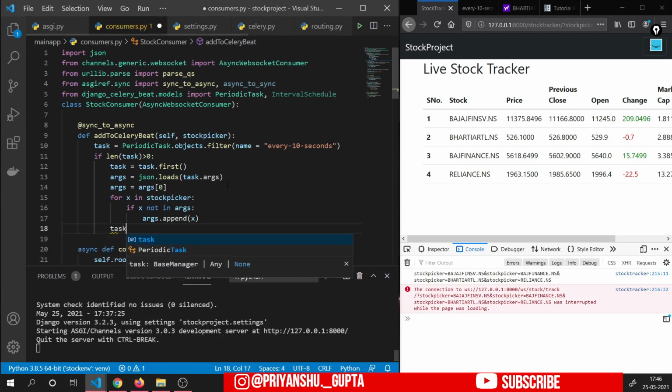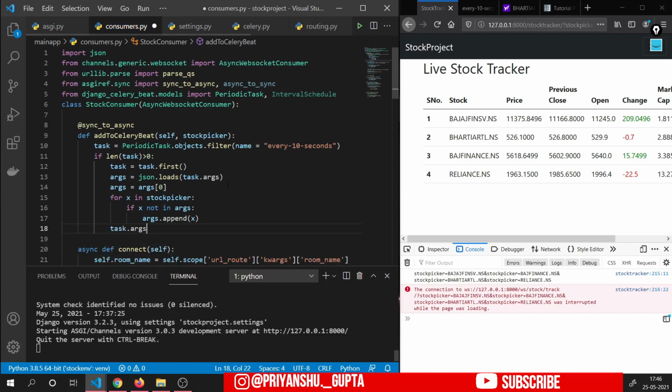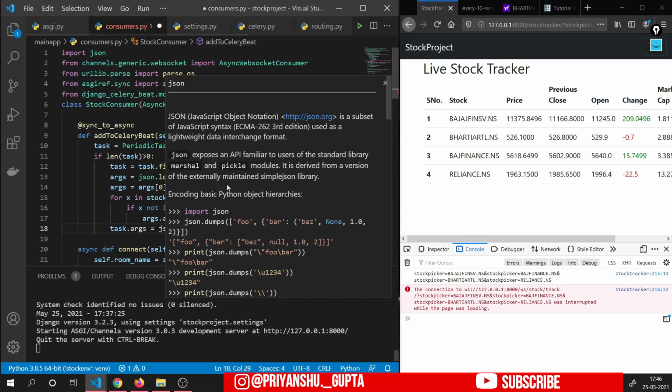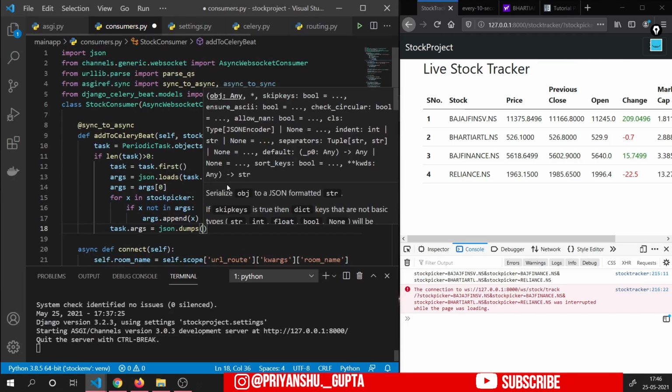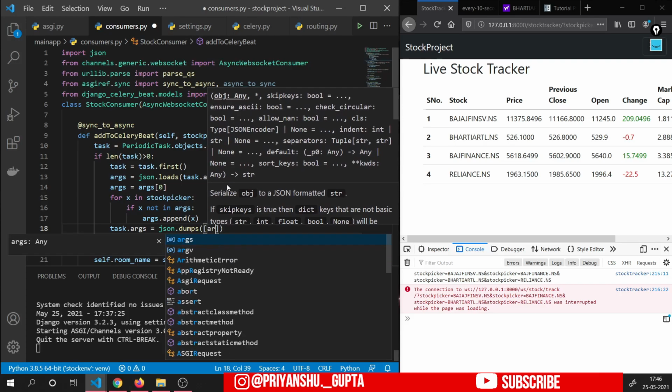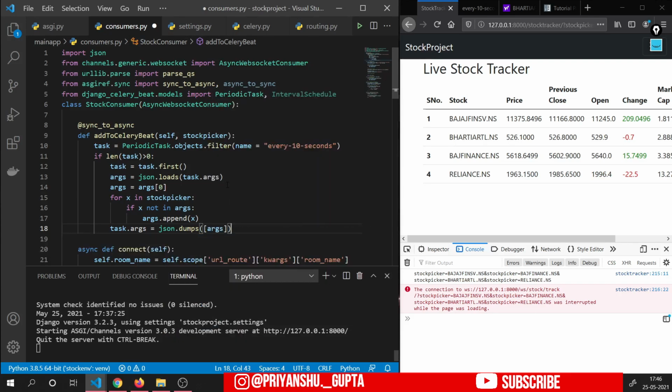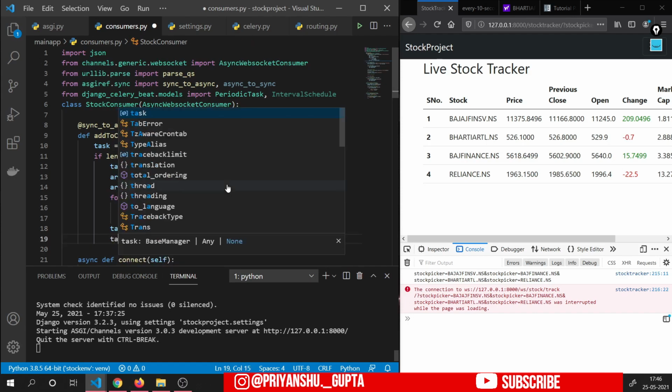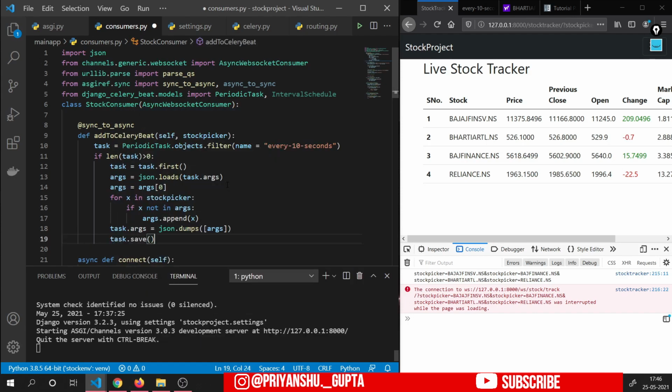Then task.args equals json.dumps args. And this json.dumps is important because we have to dump that data inside that Celery beat arguments, right? So now task.save.